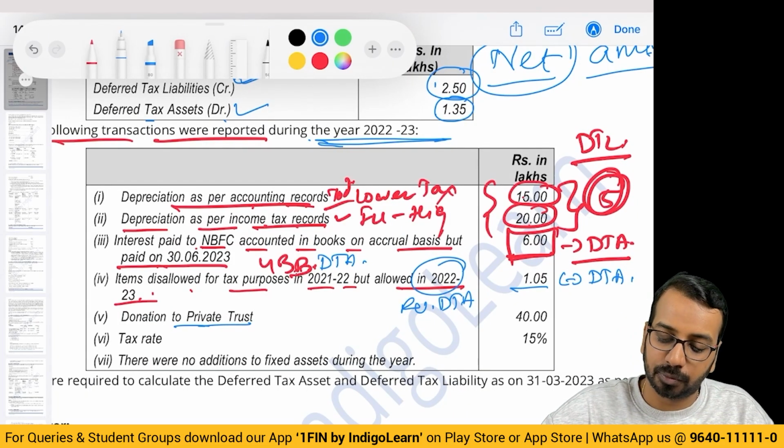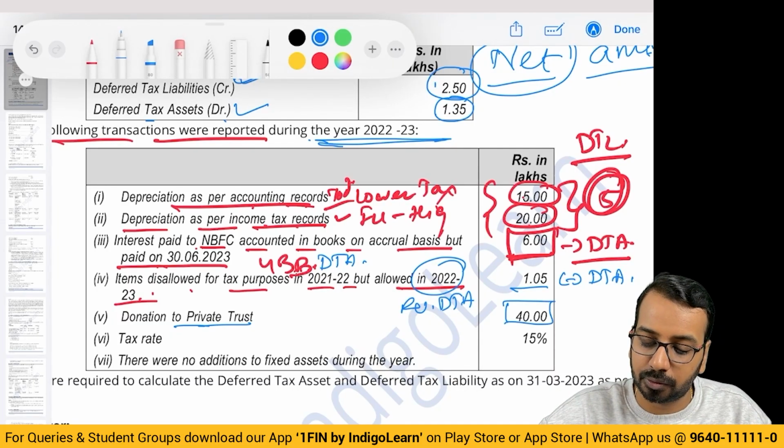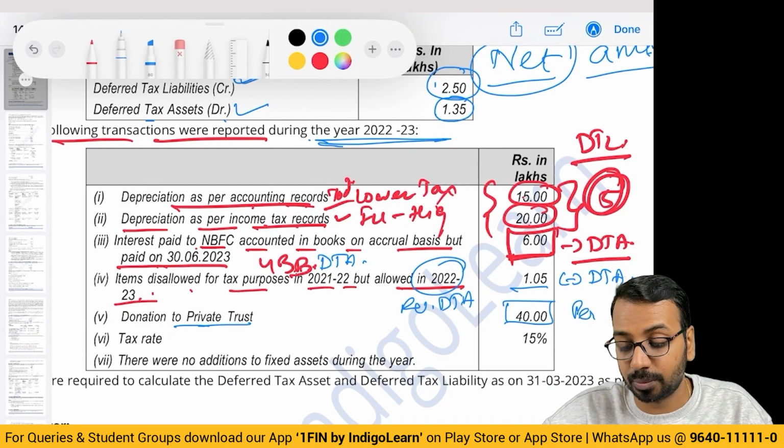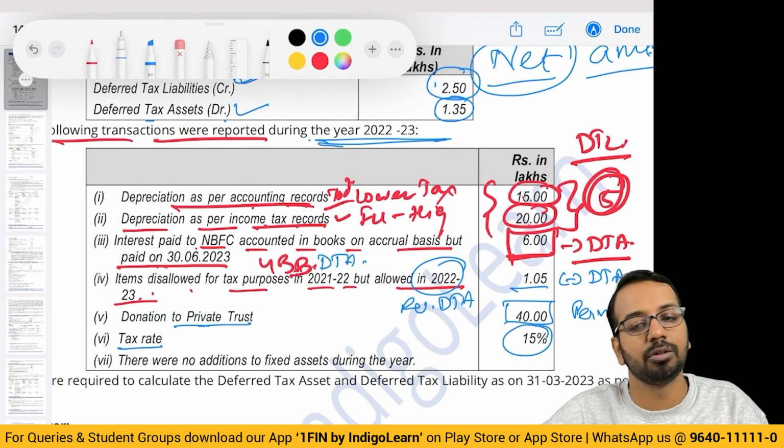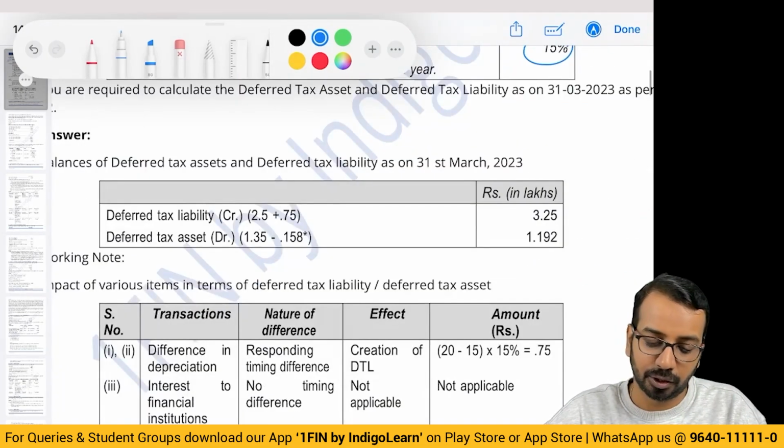Donation to private trust. So assume this is disallowed and it is a permanent difference. So this will become a permanent difference. Tax rate 15%. So on all of this you will do 15% calculation, right? So now